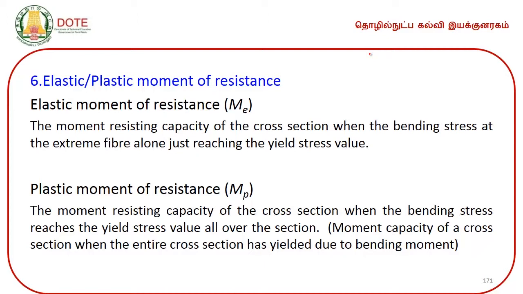Plastic moment of resistance, on the other hand, is the moment resisting capacity of the section when the bending stress reaches the yield stress value all over the section. So, that is the plastic moment of resistance. The main difference between the elastic moment of resistance and the plastic moment of resistance is this: in the beam cross section, when the extreme fiber reaches yield stress,